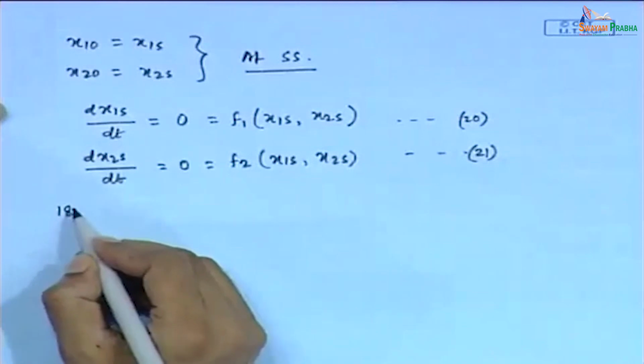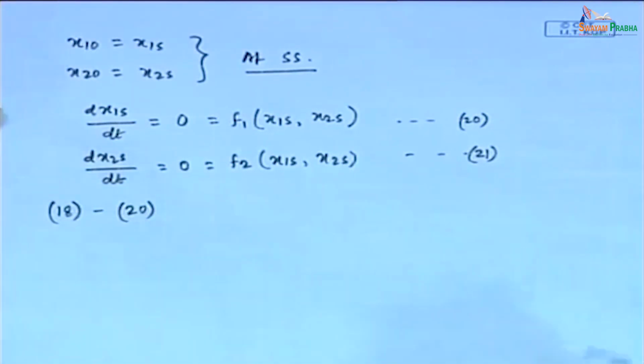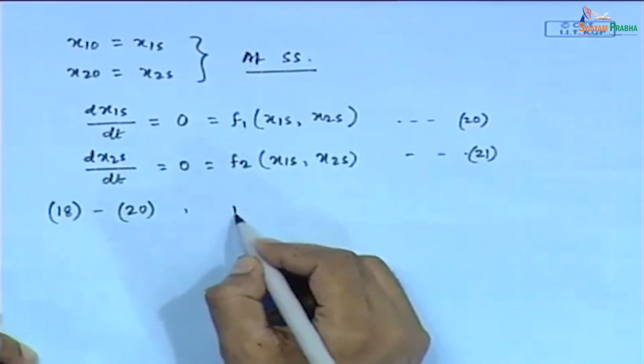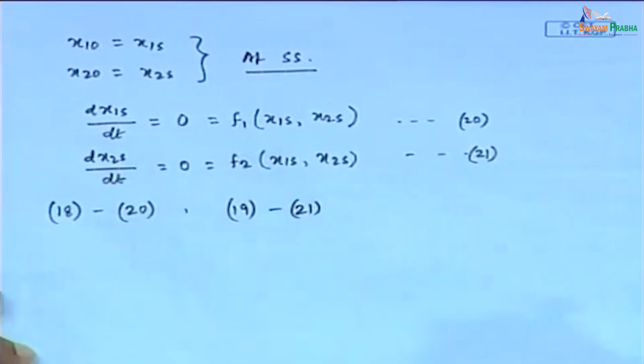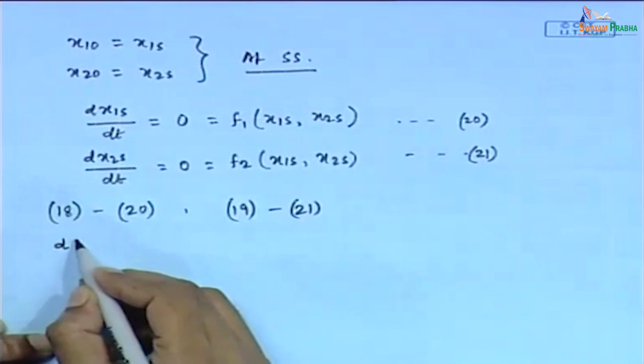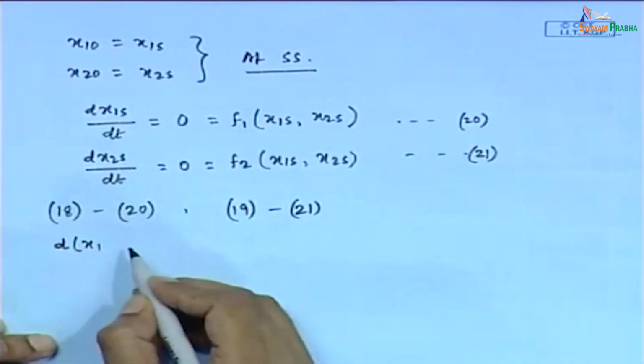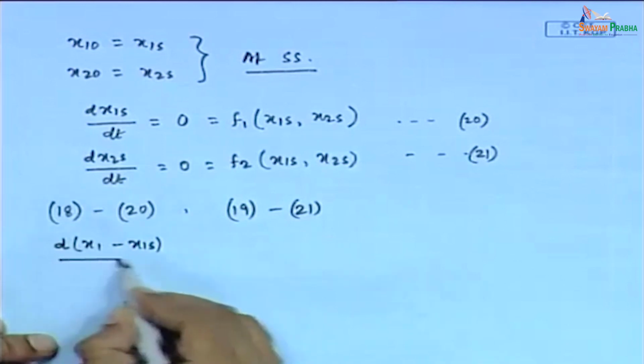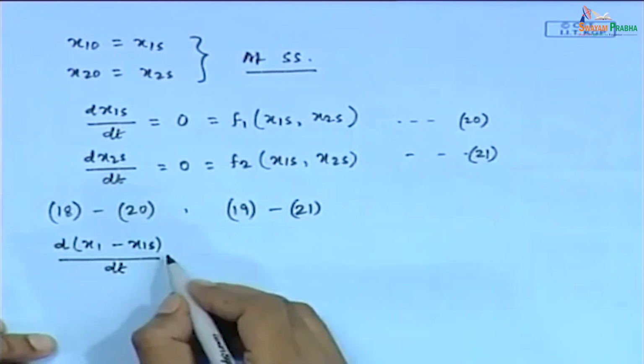Fine. So, next we will just subtract equation 20 from 18. Similarly, we have to subtract equation 21 from 19. Fine. Basically, we are subtracting the steady state modeling equations from the linearized modeling equations. So, what equation will we get for the first state equation? d(x1 minus x1s)/dt equal to